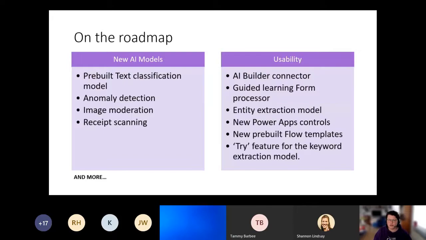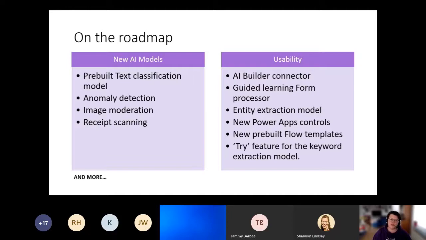Entity extraction model is coming. New Power Apps controls will come, and also the direct interaction with all the available models. So what I did in my demonstration was rely on Power Automate to have the sentiment analysis model embedded in my Power App.